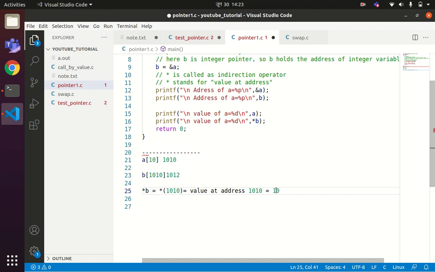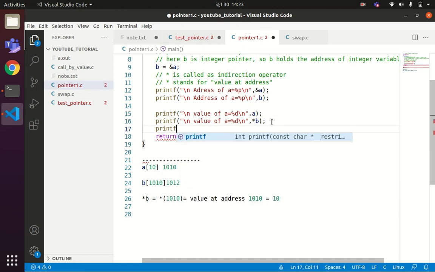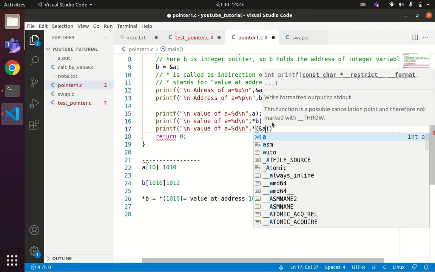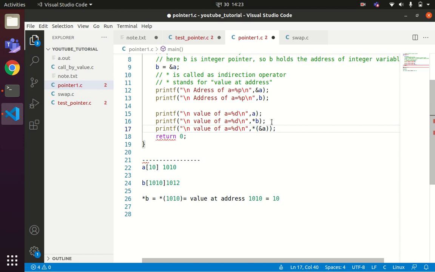Okay, or you can also print this result something like this: printf("\n value of a equals %d \n", *&a). It also returns similar results to these three lines.